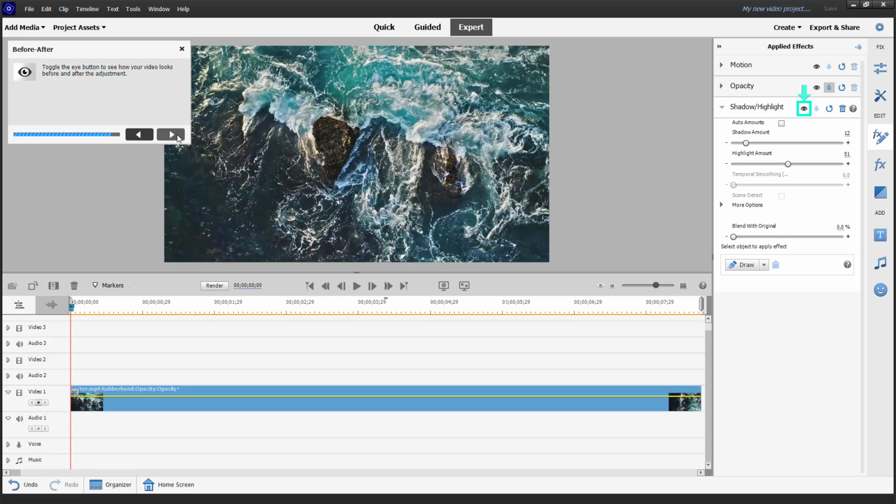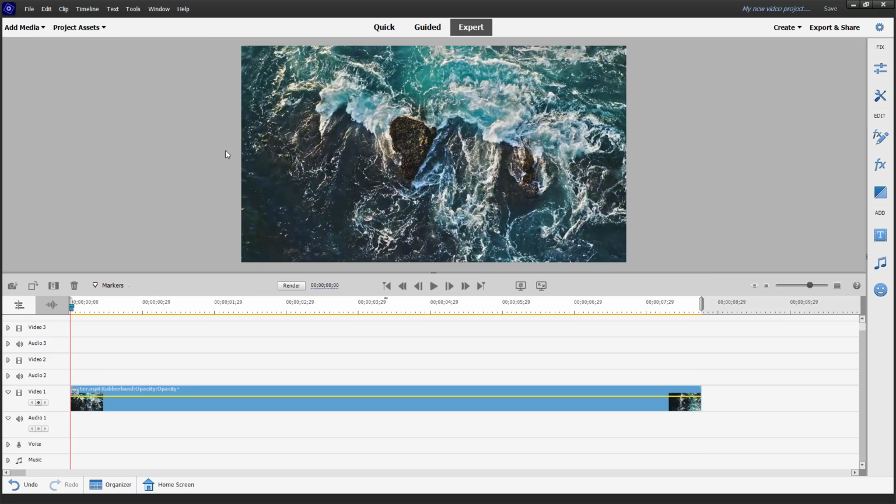You can click on next right here, and you can toggle the I button right here to turn it off and on and see the before and after, as you can see. And as I click on next, you can see that the shadows and highlights has been applied by using the guided edit mode. So that is how you can utilize the guided edit mode and work with shadows and highlights inside of